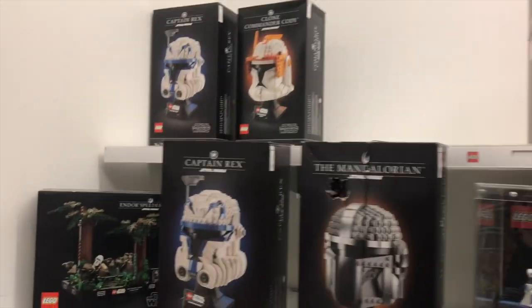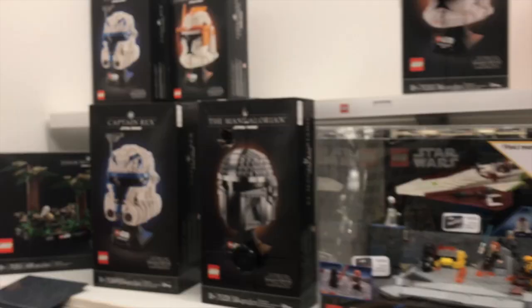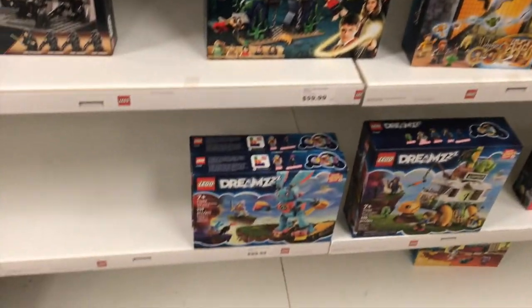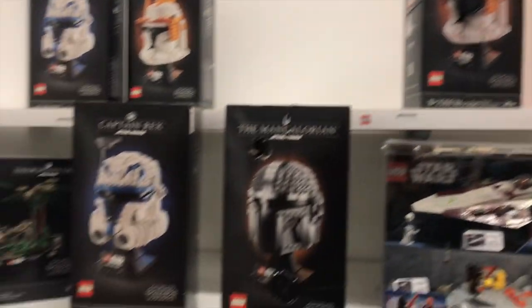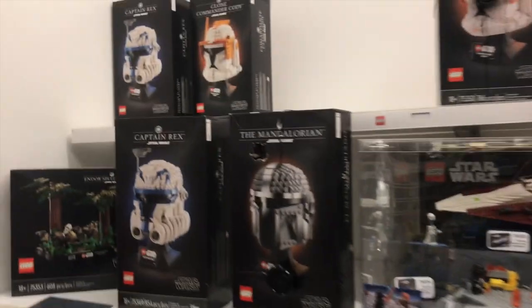They did have a mix of some newer sets and some older sets, like the Star Wars helmets. I still want to get the Commander Cody Phase 1 helmet and the Captain Rex Phase 2 helmet. I think those are pretty cool, though they are $70, and with LEGO just getting more and more expensive, I'd rather get things with minifigures if I gotta be honest. Though the clone helmets are pretty cool, and I might add them to my collection, especially if I'm able to